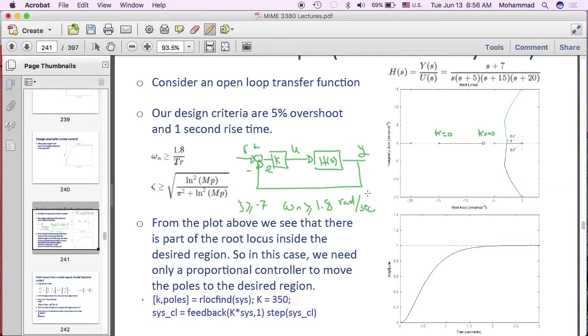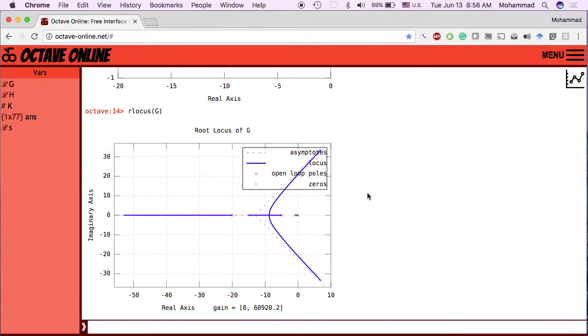Okay, so let's take a closer look at the root locus. The root locus has how many branches? It must have 4 branches, equal to the number of poles of the open loop. After all, root locus basically tells this story: how the poles would displace as you change the controller gain K. So there are 4 branches. Now, the 2 branches that are to the left, the one that starts from negative 20 and the one that starts from negative